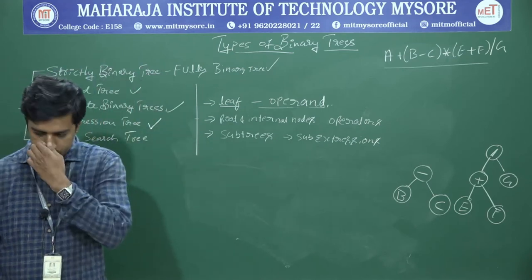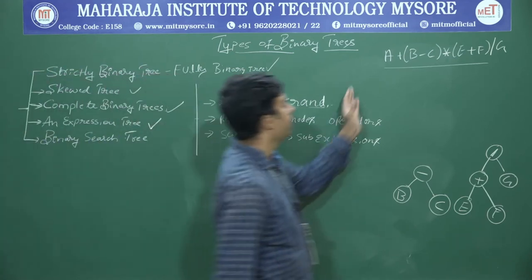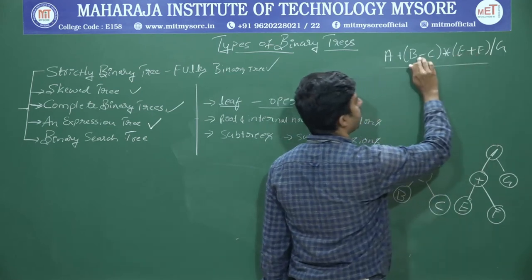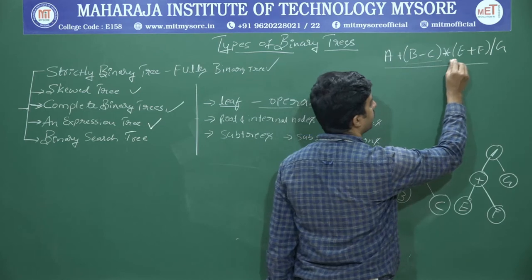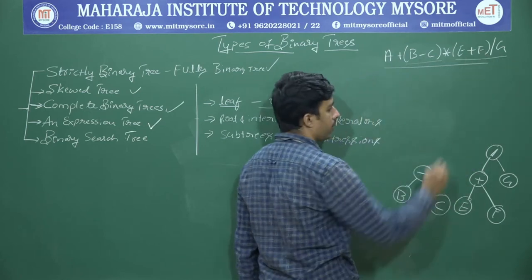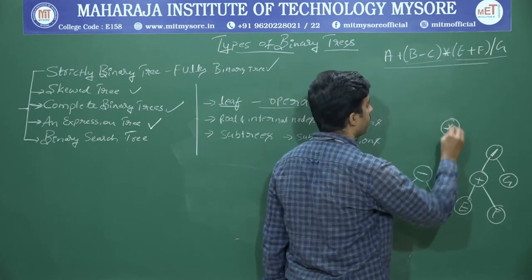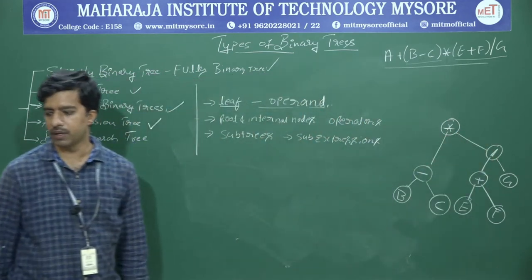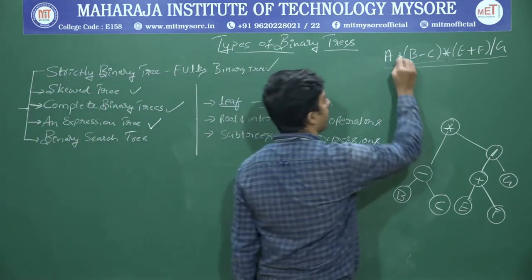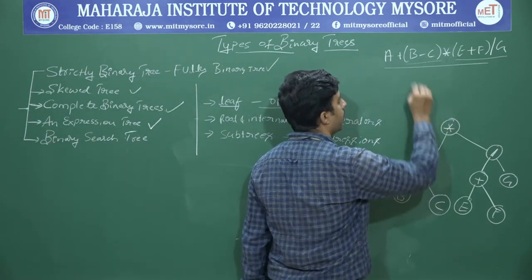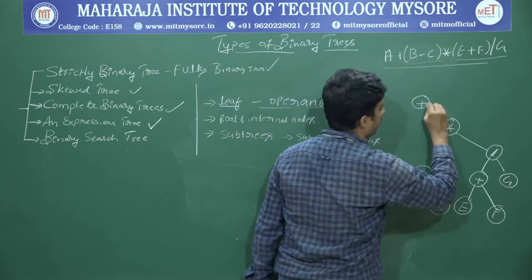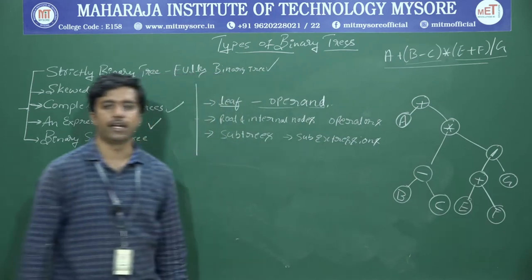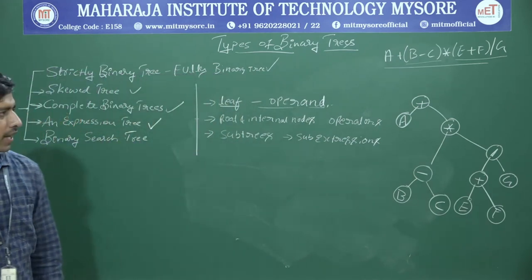Now after seeing this, all this result will be multiplied with this one. These results are multiplied with this. Now a star will come into the picture in between these two. After that, there is the plus symbol, a plus of all this. This is the way to write the expression tree.